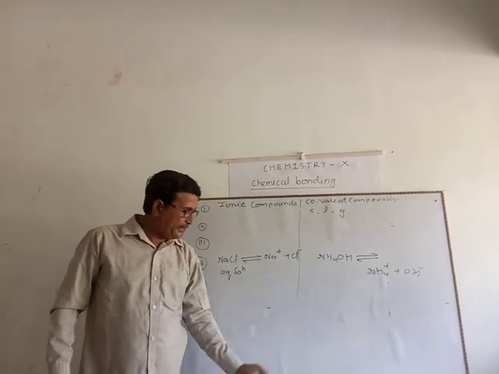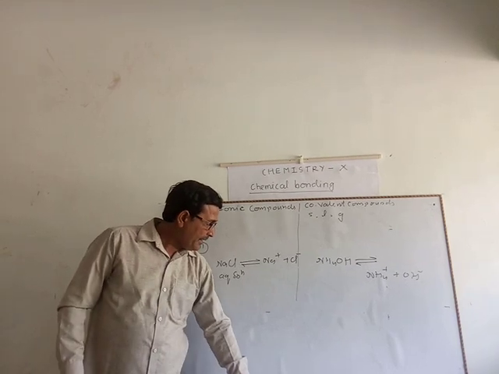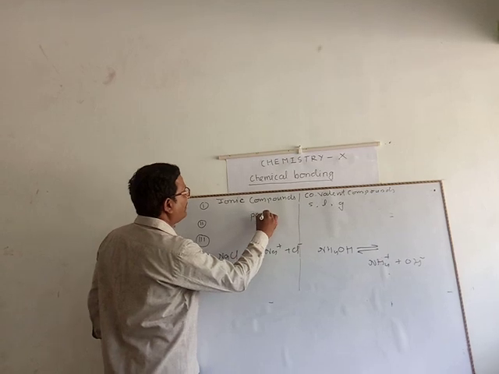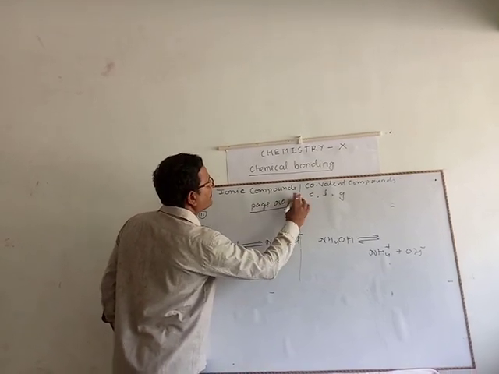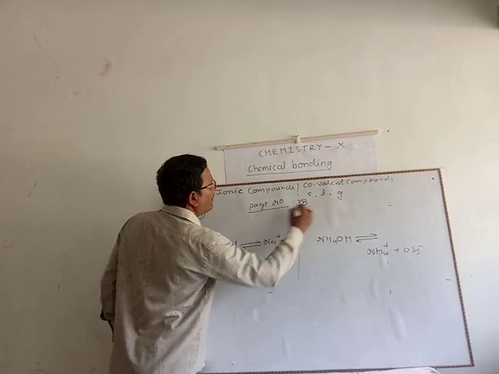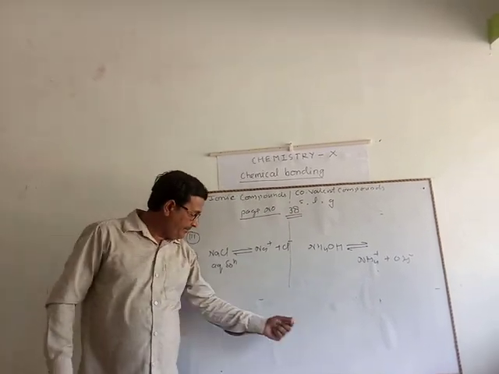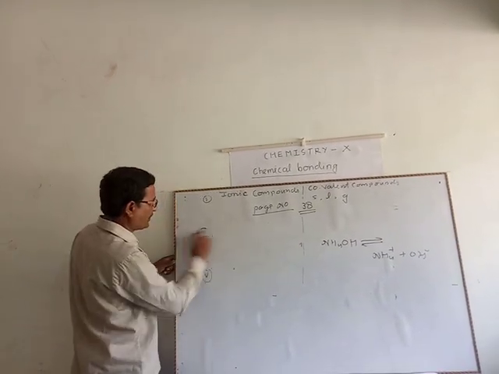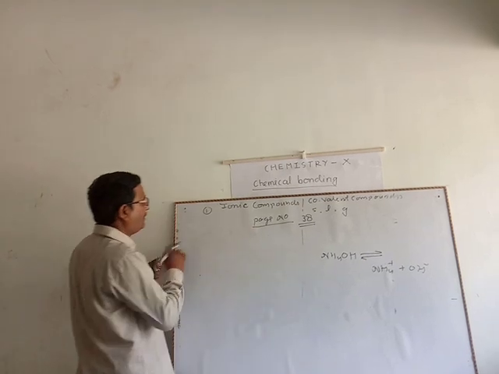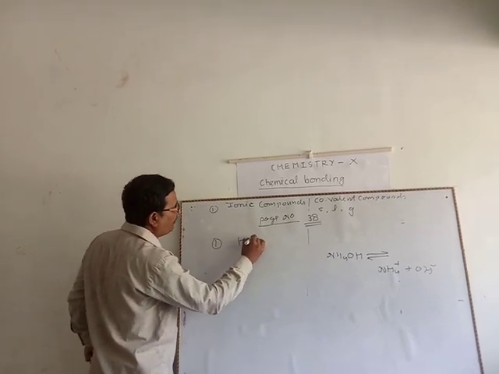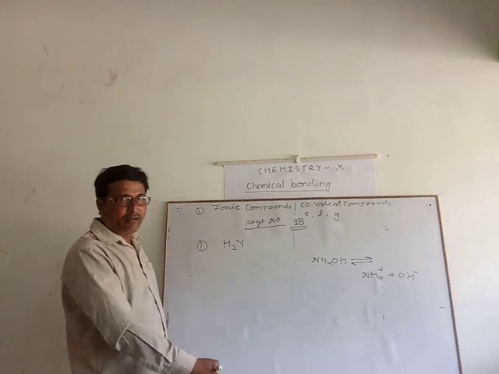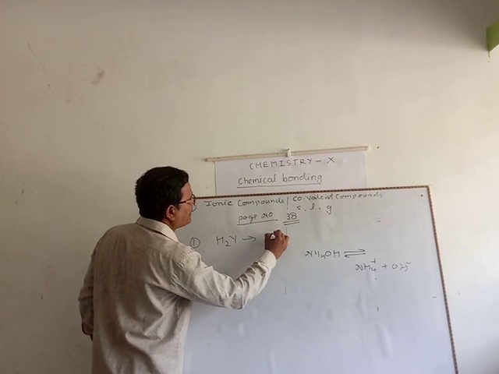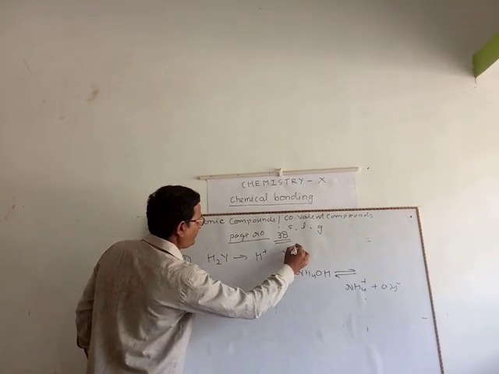After that, your chapter is over, and the exercise, page number 38. Some questions are given. Give the reason. Question number 6, a compound has the formula. See, a very good question. A compound has the formula H2Y, where Y is a non-metal. The question is already written: find the valency of H and Y. H plus, Y2.